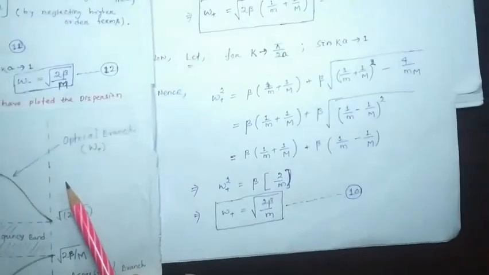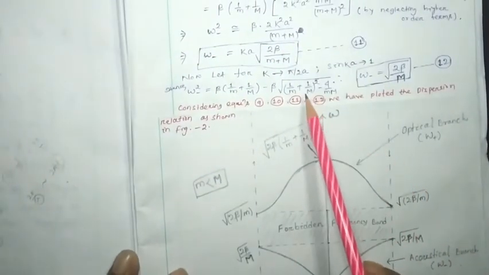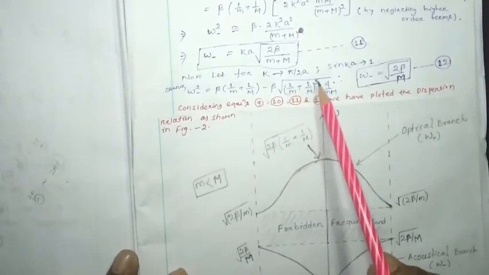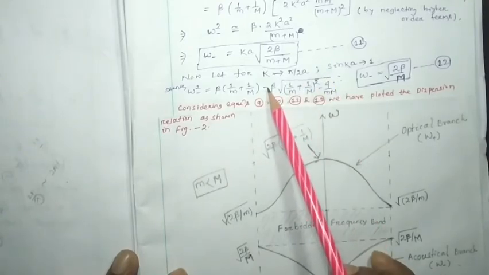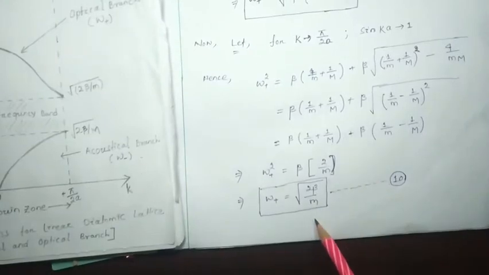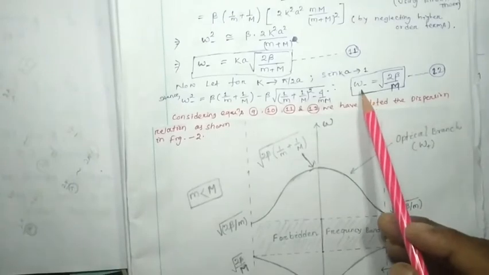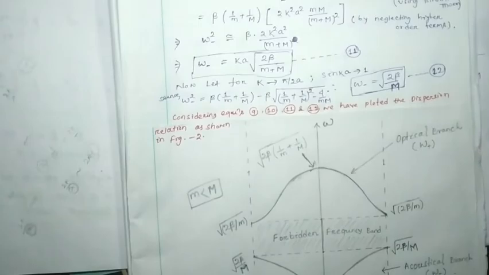So if we consider that one, then how much are we going to get? See, this inside value is nothing but 1 by m minus 1 by M, square root over. Again minus is there, so we are going to get 2 beta by capital M. So here we found 2 beta by small m previously for omega plus, and here omega minus will be equal to 2 beta by capital M. I am going to show you that step. Wait, it is a simple step.